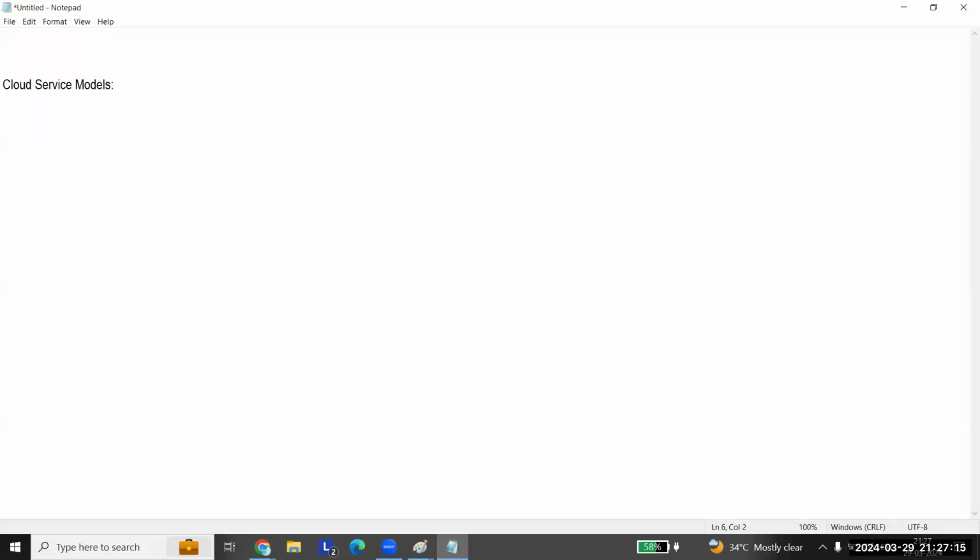Here we have got IaaS, platform, sorry, PaaS, and SaaS. So you will have 3 service models here. We'll talk on those service models on Monday. Then we'll slowly start creating. We'll go to storage account.